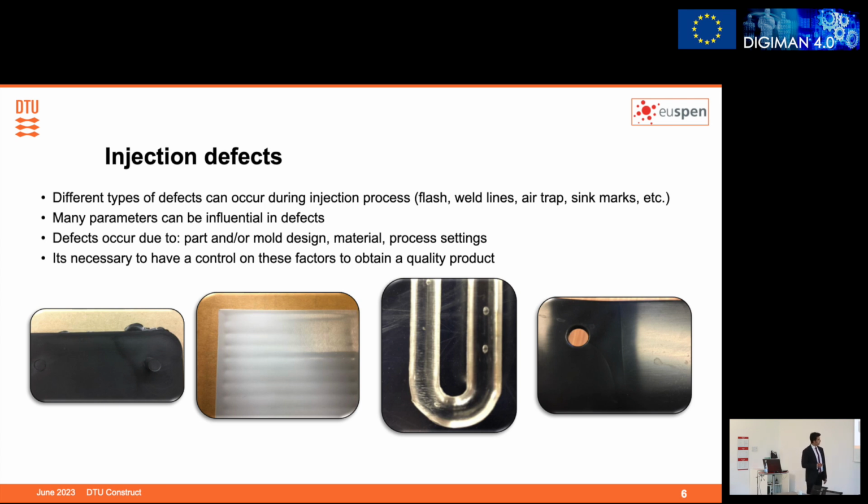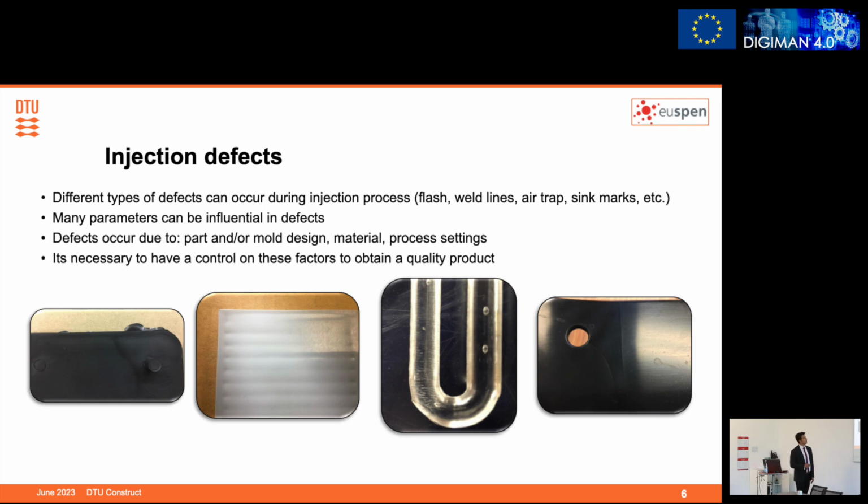As you can see here in this picture, we can see many defects, including flash defect, sink marks, air traps, and weld lines. And there are many different factors that can be influential on these defects. So if you want to have a defectless product, or if you want to decrease the defects as much as possible, it's necessary to have control on the manufacturing inputs that we have. For example,